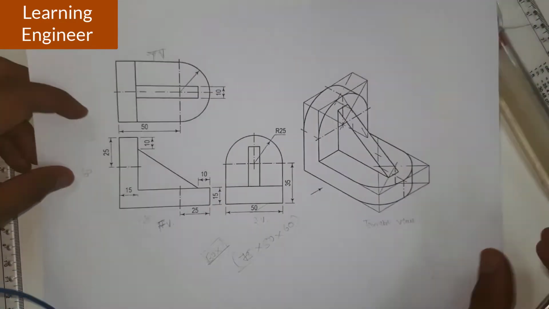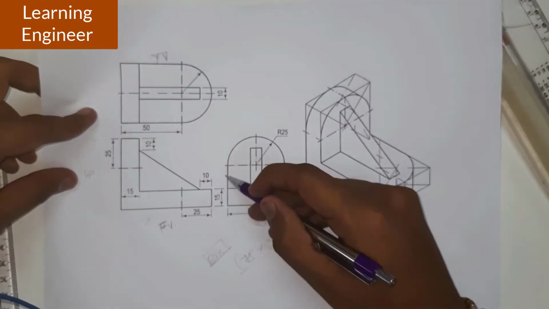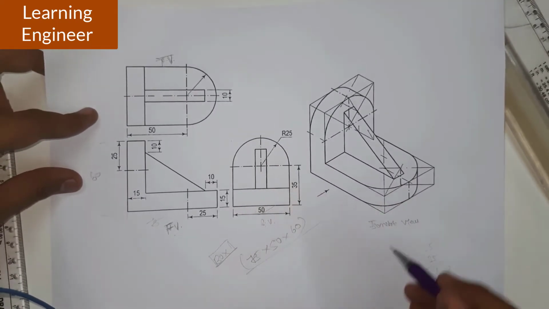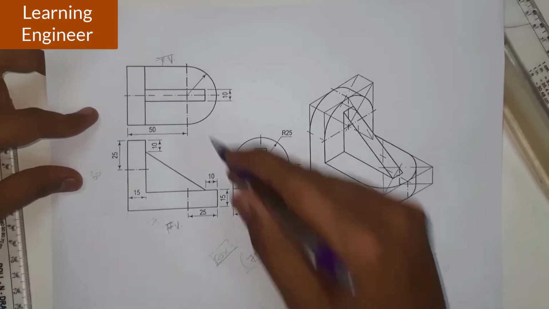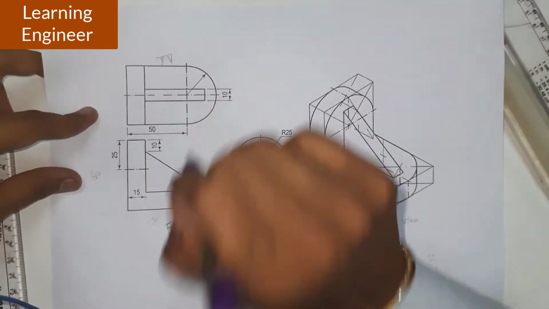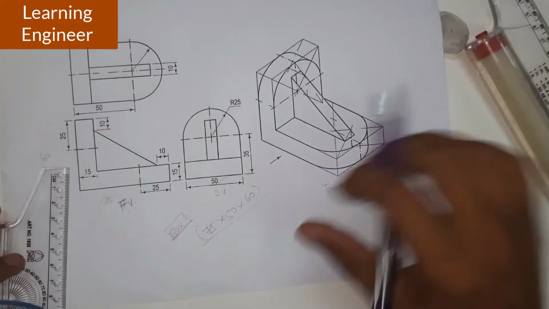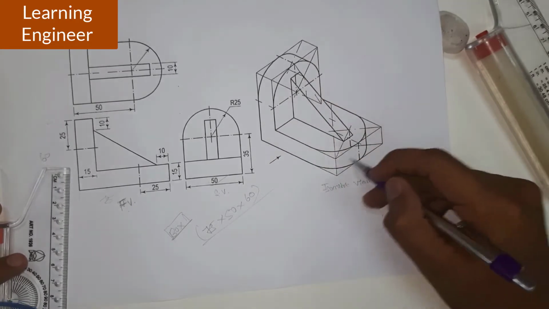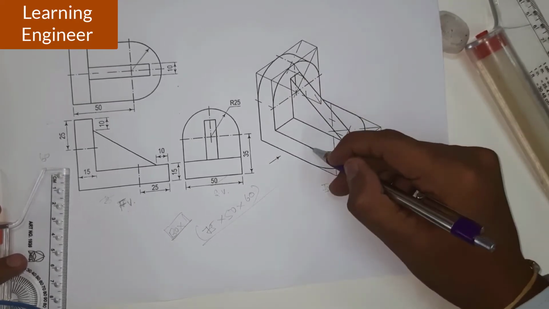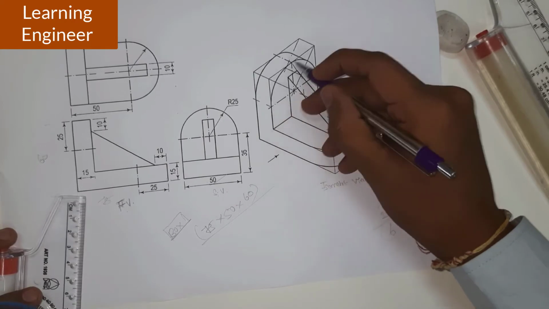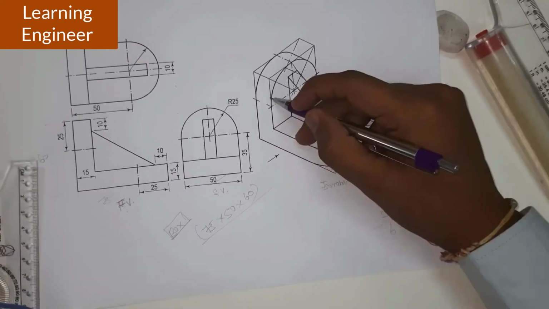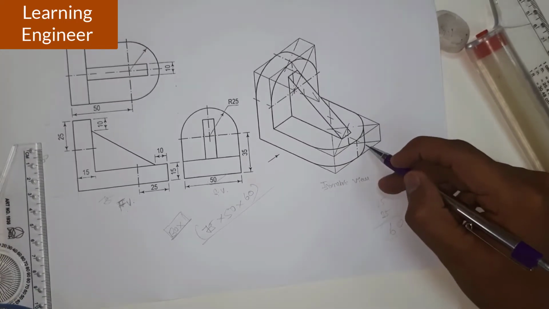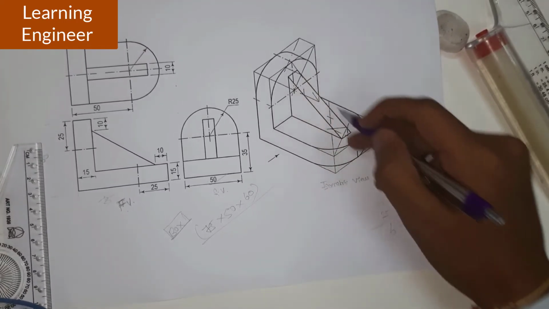Now we will go for this particular surface and this particular surface. This is a circular part, so for that we will be locating the square, and again this is a circular part. For this part also we will be locating the square, and this height is 15 mm. We will be locating this square and this square, and we will be making this semicircle. While making this semicircle, we will be making this particular object, and at the end we will go for this rib or web part.